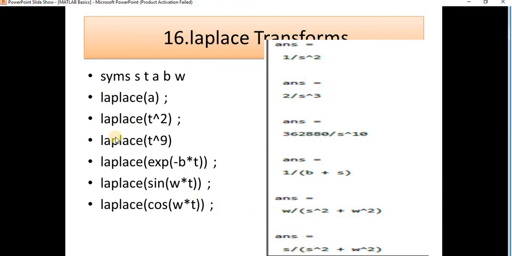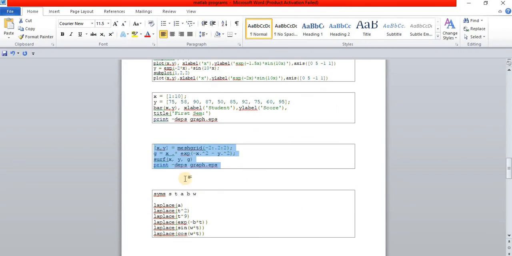In order to obtain the Laplace transform, we are just using the command called laplace. If you want to obtain the inverse Laplace transform, you have to just place the ilaplace command there. Here we are getting the output in the s variables, 1 by b plus s to 1 by s square. If you display the inverse Laplace transforms, the output will come in the form of a t. So I am just executing this practically in order to get more clarity.